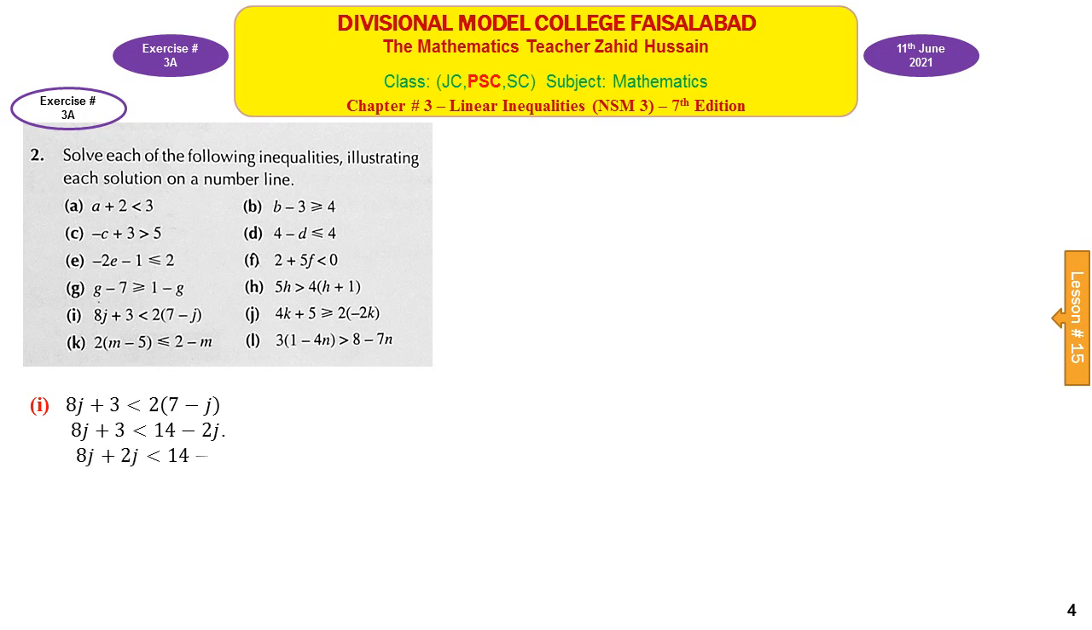Removing this bracket and collecting all terms with j on the left hand side and all terms without j on the right hand side: 8j plus 2j less than 14 minus 3. So this is 10j less than 11, and j will be less than 11 over 10 because 10 is positive and dividing by a positive number does not change the sign of inequality. So j is less than 11 over 10, or you can write this as 1 and 1 over 10, or